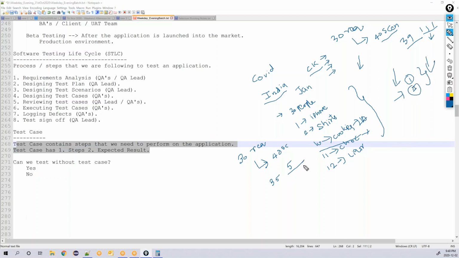So you haven't tested 5 scenarios. When you haven't tested 5 scenarios, what will your client do? The client will not say anything at this time. So you will send that application with only 35 options tested. Now one of the customers complains that these 5 options are not working for him. So that customer will approach the client, the client will approach your QA manager, and your QA manager will not just stop talking to you. Your QA manager will throw you out of the company.